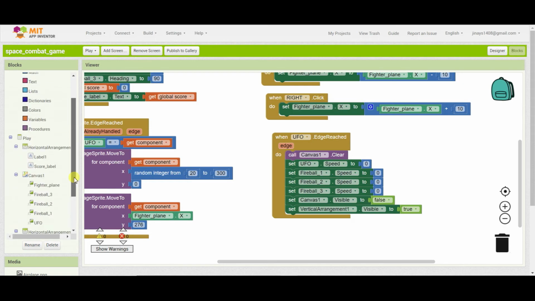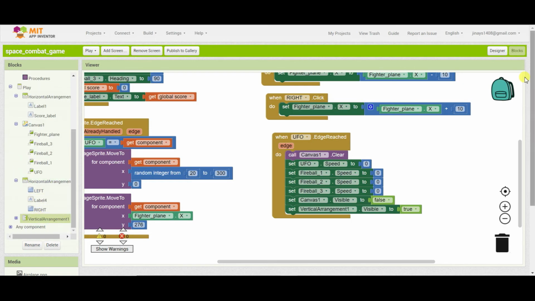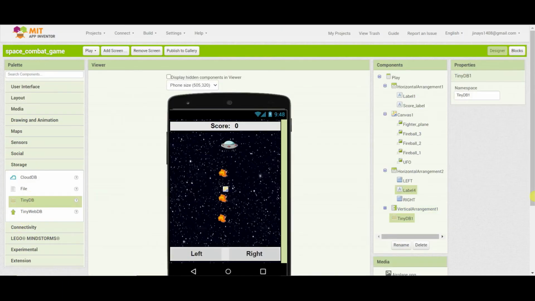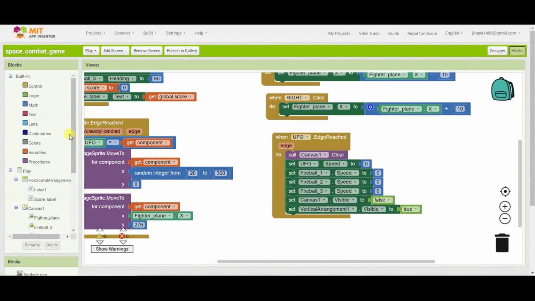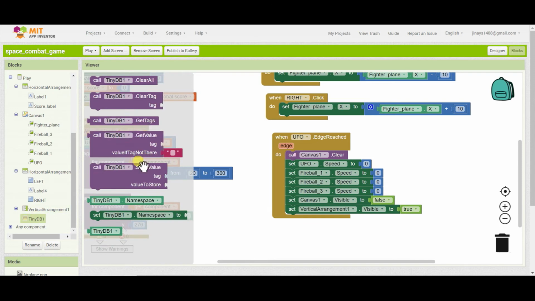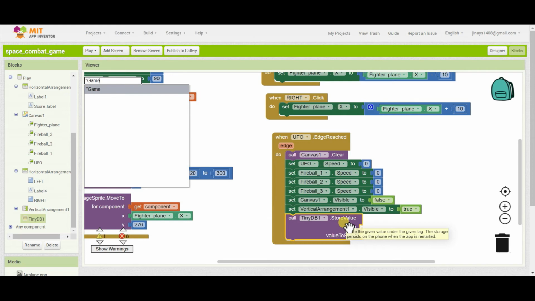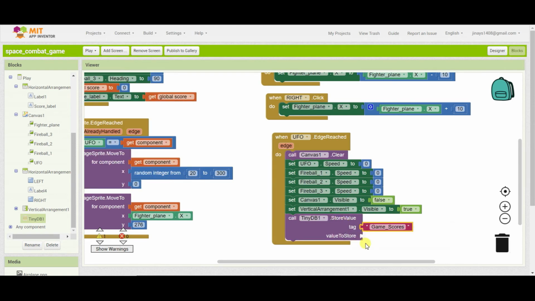And then we will go to designer, storage, and drag one tiny database and we will store the value in the tiny DB. Tag will be game scores and value will be the global score.